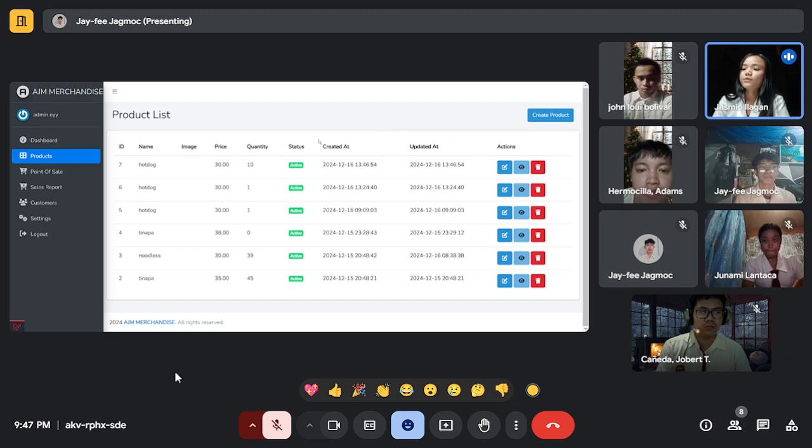So the fifth one is the update product functionality. The expected outcome is the user should be able to update an existing product. First, navigate to the product page, then select an existing product to update.